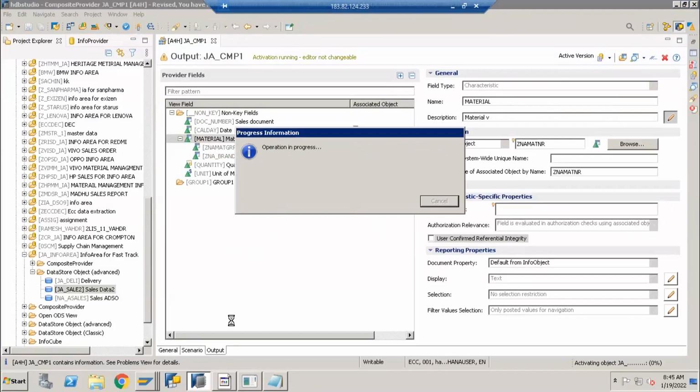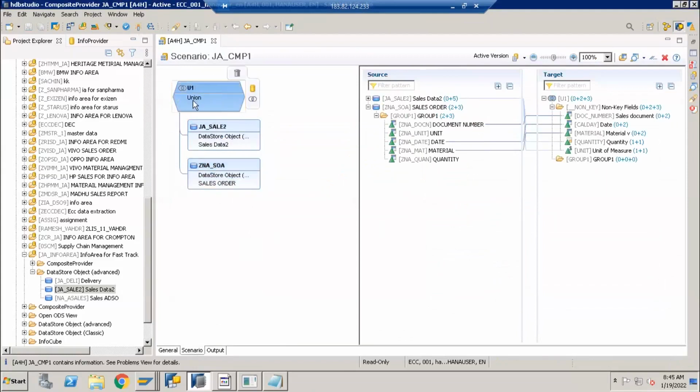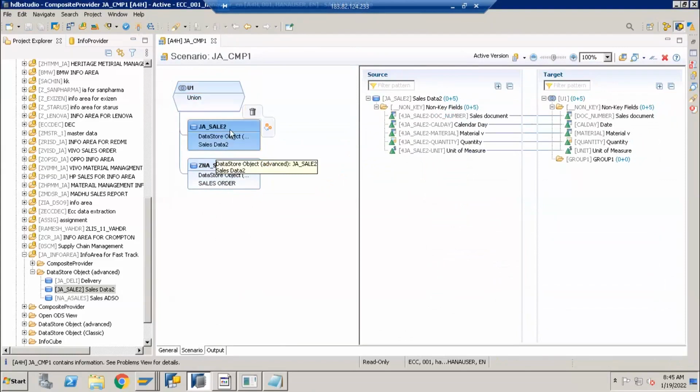So this is about composite provider. So far in composite provider, we learned the union concept. Now we need to learn the join concept also. Now I have two sales order DSOs here. When I add these two here as a union, my top node, my parent node, is showing as union. Remember, whenever you try to join something in this composite provider, join always has the highest priority. Now, for example, in my second sales DSO I want to join here. When you do a join, the design also has to be done sequentially.